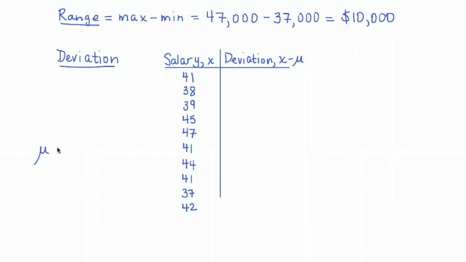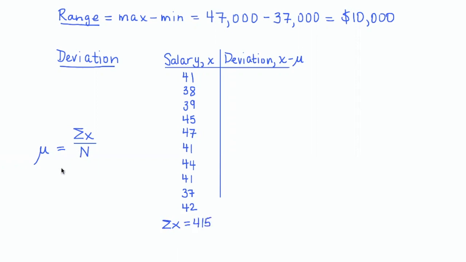The mean is found by adding up all of the salaries and dividing it by the total number of salaries in my data set. So I'm going to sum up the x's,